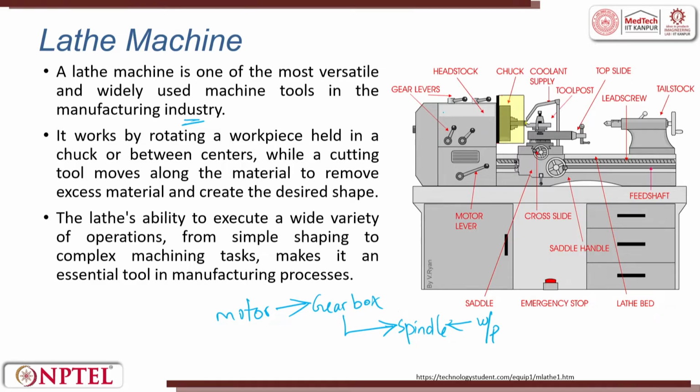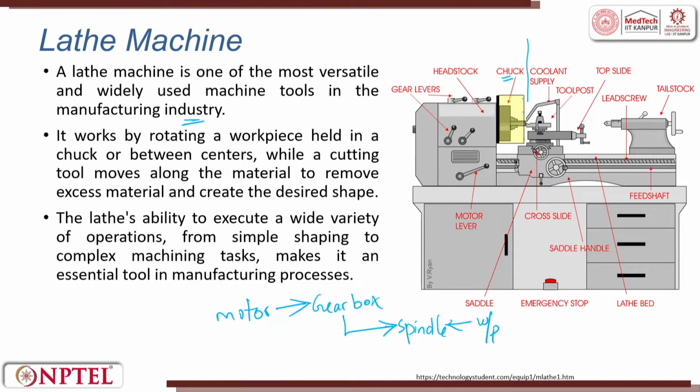So, you have a motor which is here, then you have a gear lever. So, here there is a gearbox where you will have a combination of gears. Based upon the combination, you can try to have geometric progression in getting the speeds here. So, you have a gearbox. So, this gearbox is attached to a headstock, right. In the headstock, you will have a chuck. In the chuck, you try to load the workpiece. So, this is one part of the story.